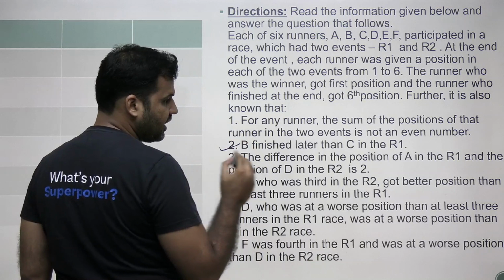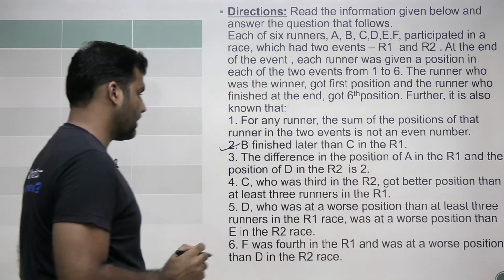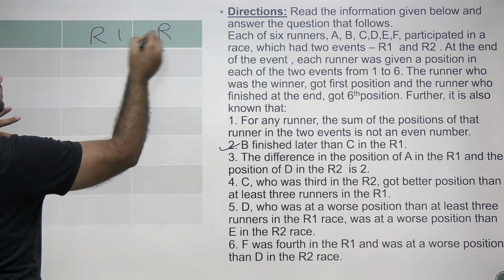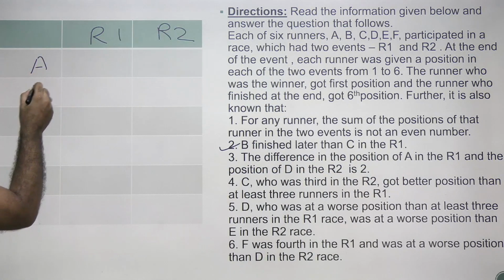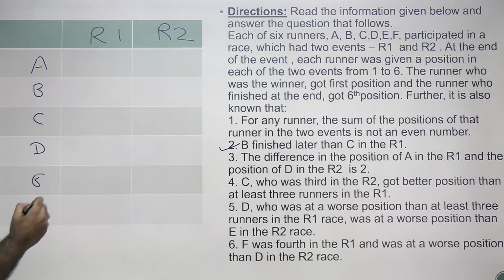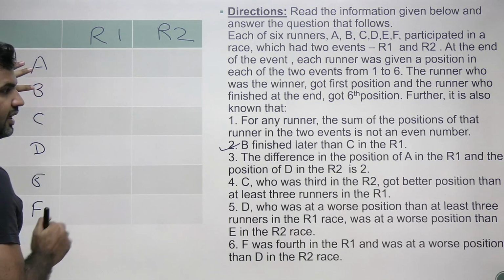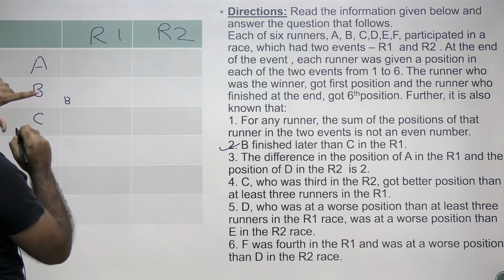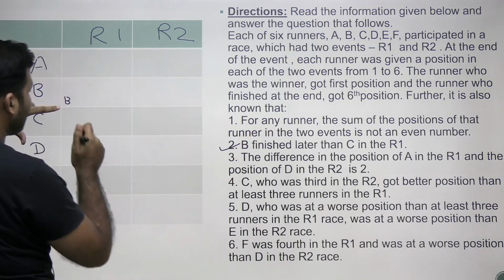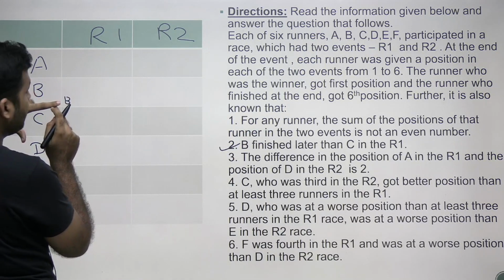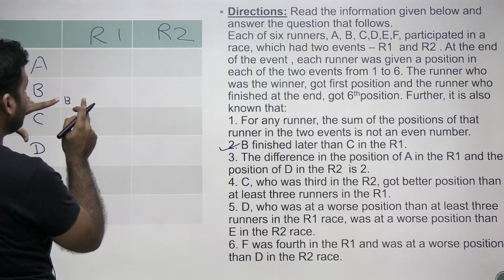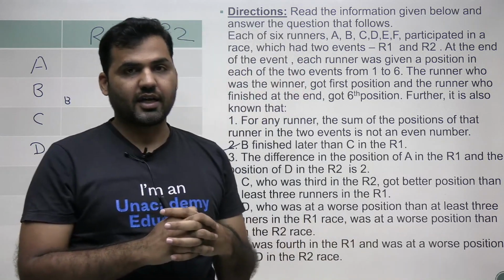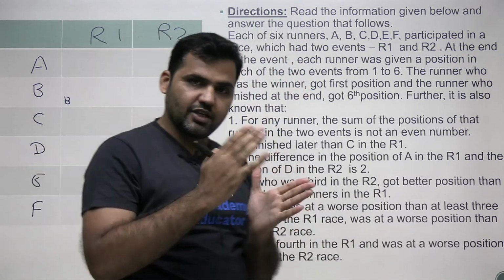Now, the second statement says B finished later than C in race 1. Now, in race 1, race 2, A, B, C, D, E, F. B finished later than C in race 1. So just use this information. If B is finishing later than C, that means the rank of B will be lower than C, right? When I say lower in terms of magnitude, the rank of B would be higher than C, right? The more the magnitude value of the rank,